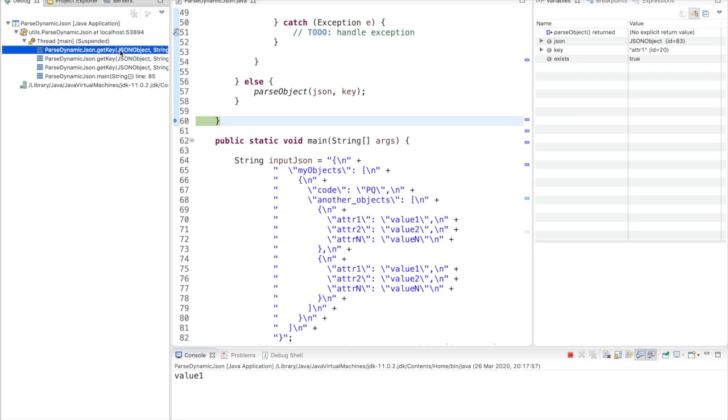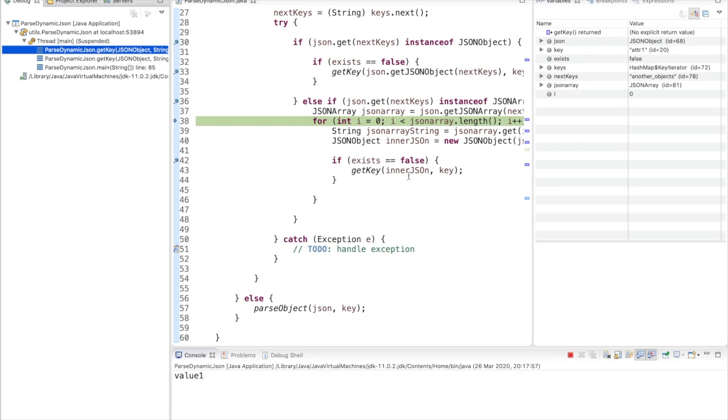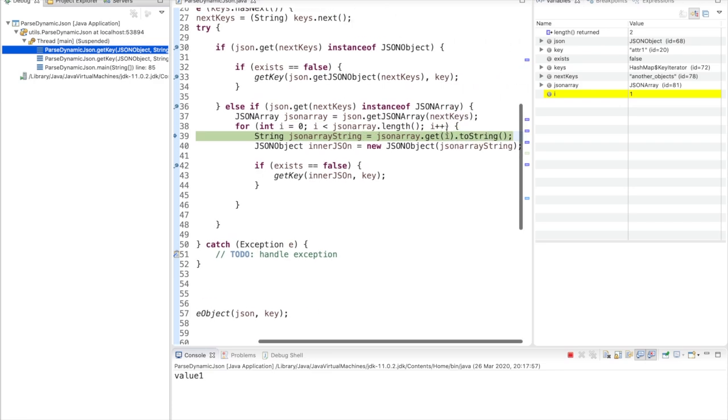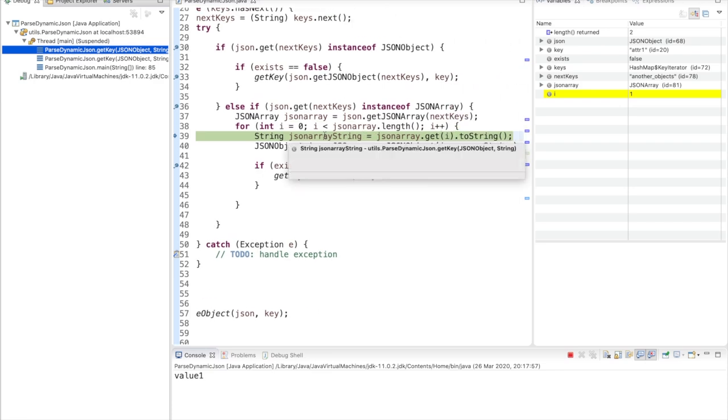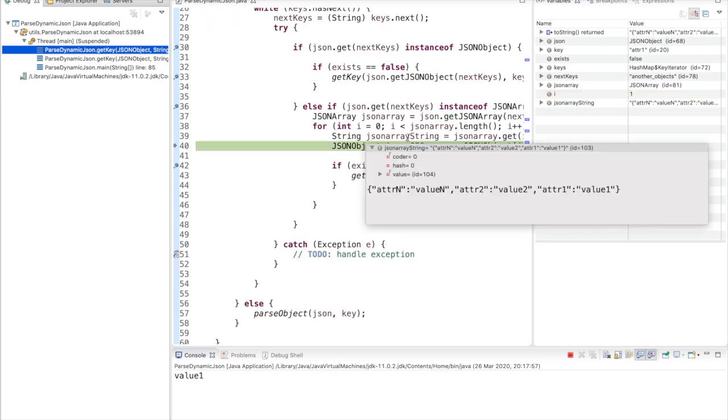Now we are going to perform the operation on this stack. We came here again, it will go inside, it is getting the value, and if we run this code, our string value will be this.